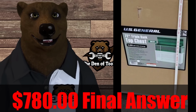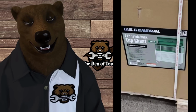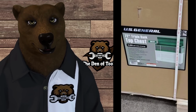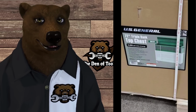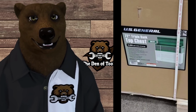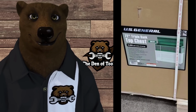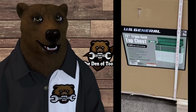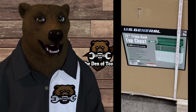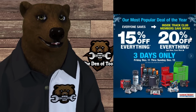Now that's going to be the initial price probably. In fact, the initial price might even be $800, because they like to come out high and then work their way down. Will there be coupons at some point? Maybe. But they're not known for doing a lot of coupons on these kind of boxes. Here's the thing. If you could find one of these in store, guess what's coming up? Oh, that's right. 15% off everything, or 20% off everything,